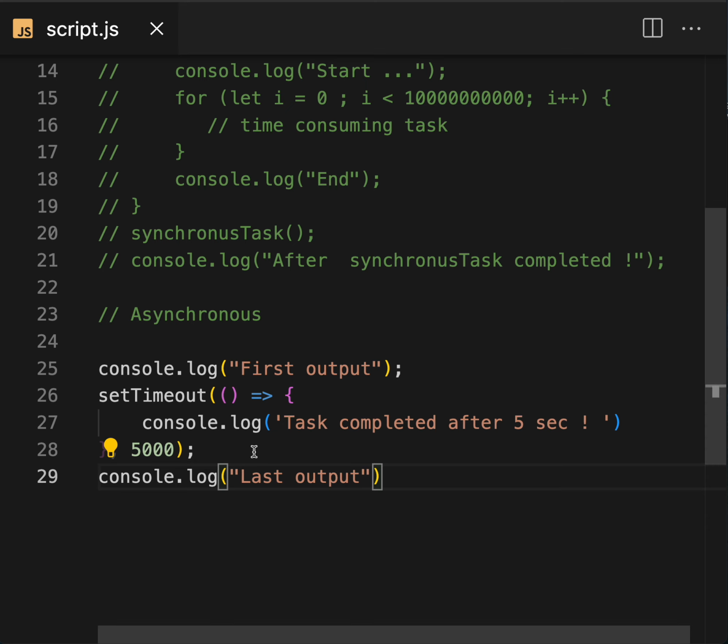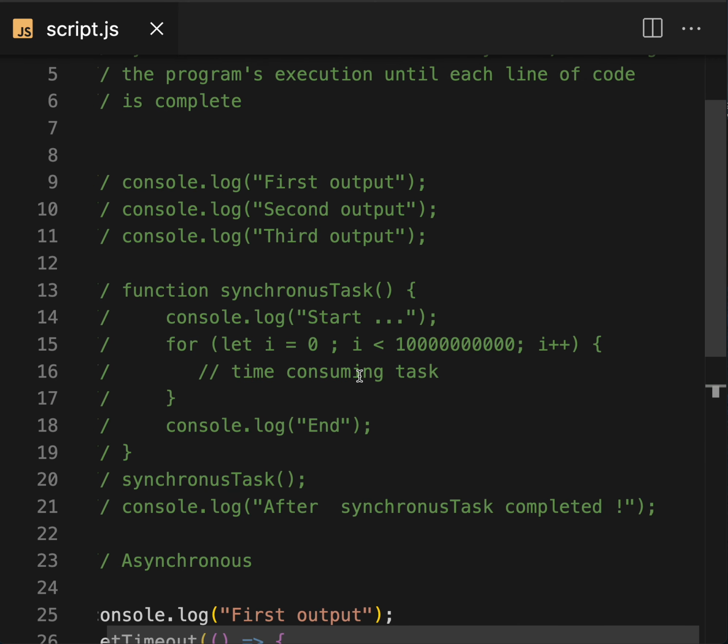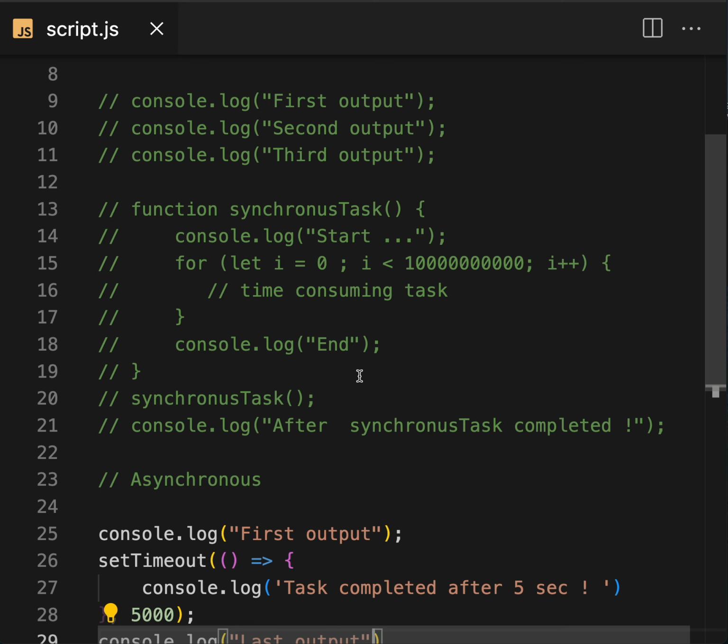The same thing you can achieve with promises and async await. Asynchronous methods are essential for handling tasks like network requests, file operations and user interactions that take time to complete, without freezing the user interface. They provide a more responsive and efficient way to handle concurrent operations. Synchronous and asynchronous are both different practices to achieve problem solving.